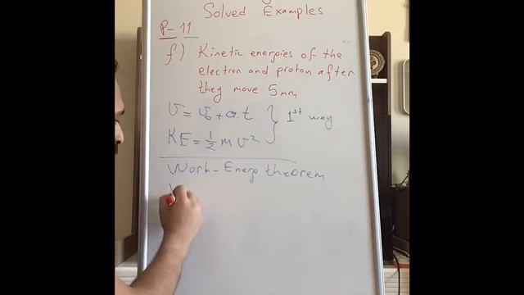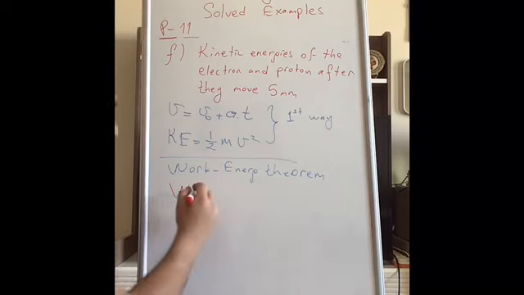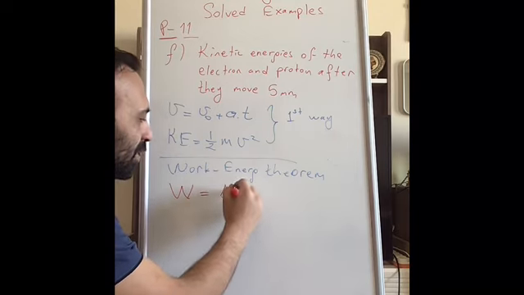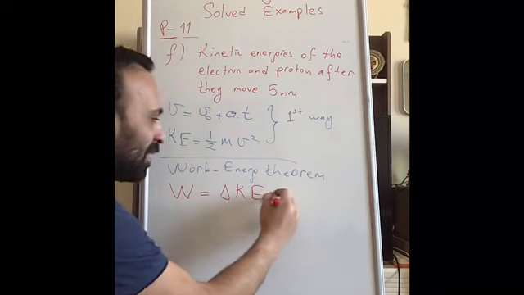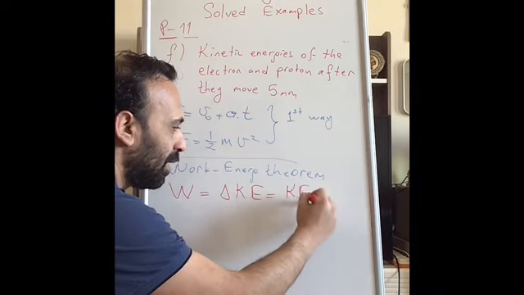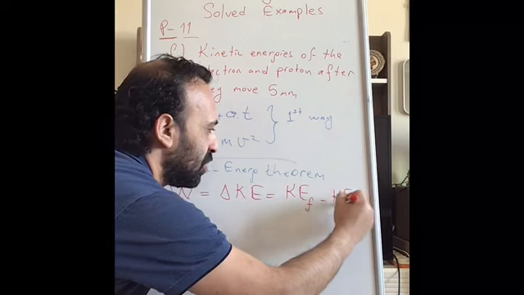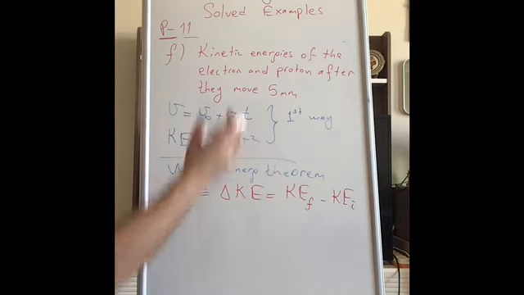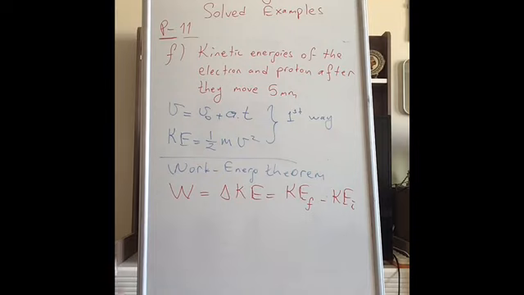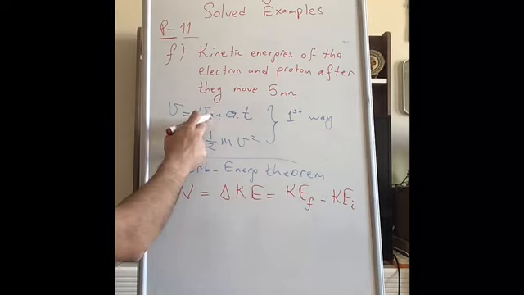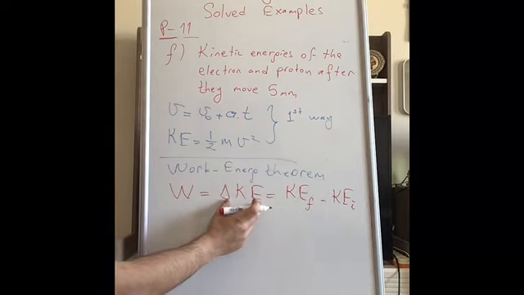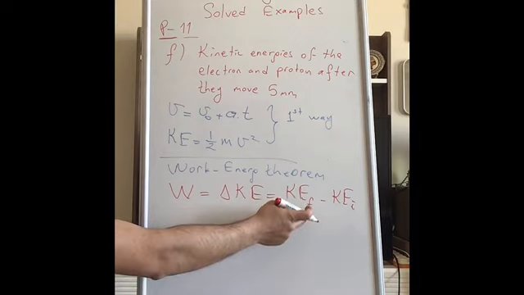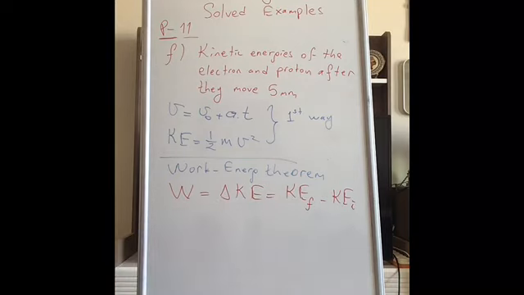The work done by a force will be equal to the difference in the kinetic energy of the object. So actually this is kinetic energy final minus kinetic energy initial. So what are their kinetic energies in this problem? The electron and proton are at rest in the beginning, so they are not moving, their velocity is zero, so the initial kinetic energy is 0. So if you find this delta KE, the difference in the kinetic energy will be equal to their final kinetic energies after they move 5